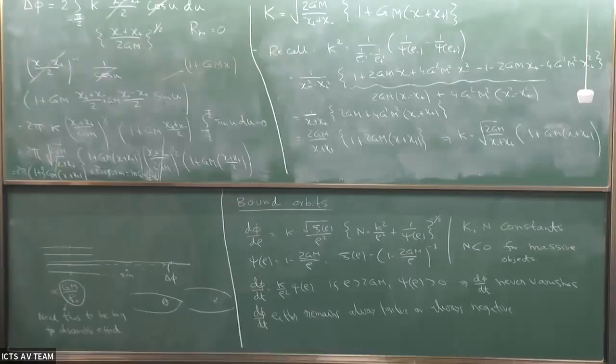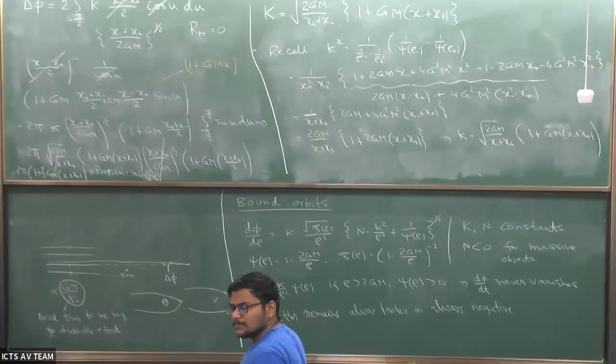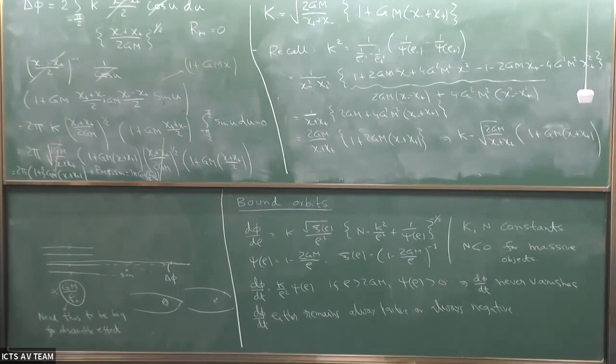I think the point is this analysis is valid when one body is very heavy. But if that's not the case, then you have to take into account the effect of gravity. Here you have to assume that there is no back reaction. The gravitational effect will come when you take into account the gravitational field of the body which is rotating. Here you are pretending as if the body which is rotating is a test particle. It doesn't affect the background gravitational physics. So under that approximation, this is valid. But once you take into account the finite masses of the bodies, then you have to take into account